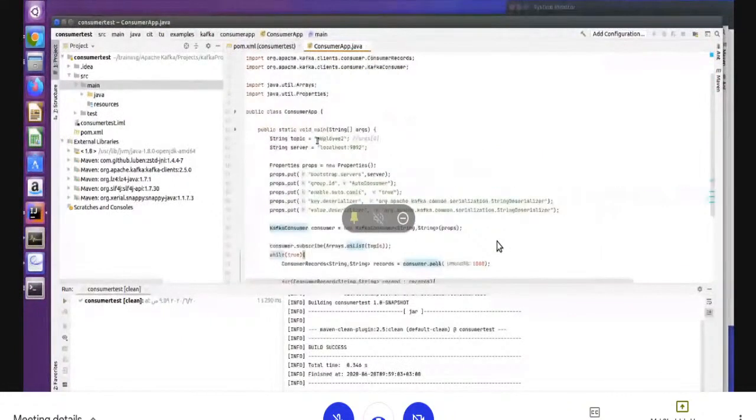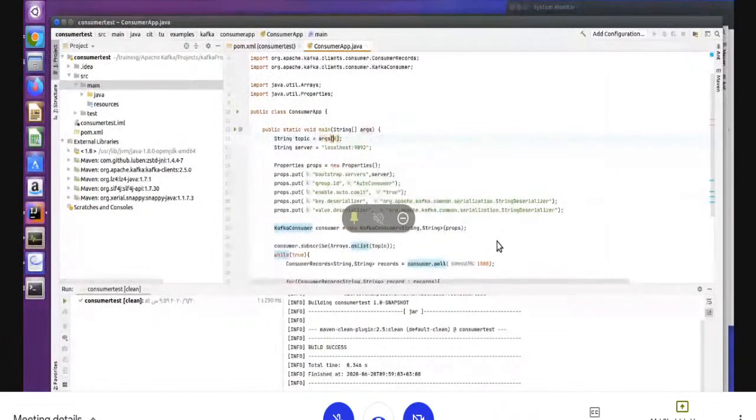And what I will do is I will use the arguments here. I will not fix it, right? Once I run, it will ask me, and I fix it. Even if you don't want to fix, you can pass arg1 here, leave it like this. When I run my jar, I have to pass the topic name and the server. Where is my server? On which port is it running, right?